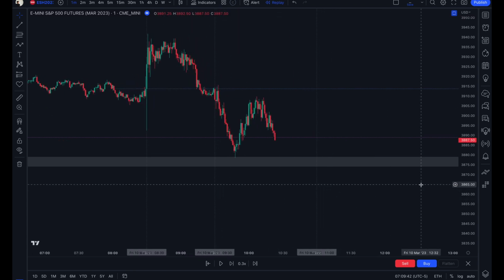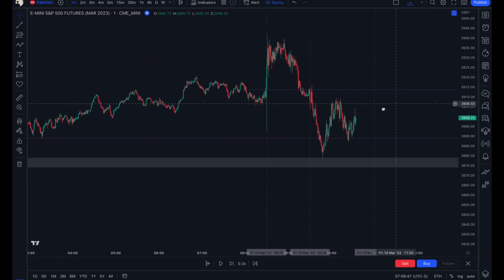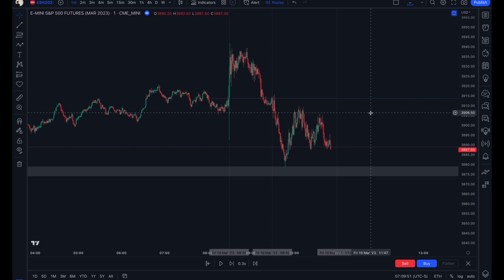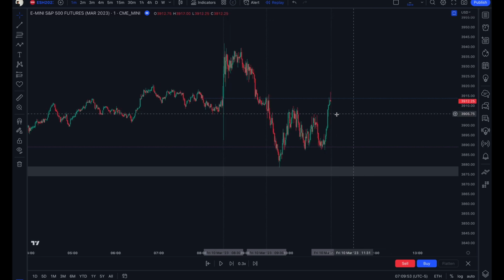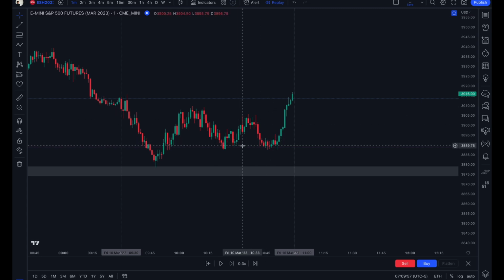So we'll see. The market continues going down. Kind of consolidates at this level. Goes up, takes out the buy side liquidity. And we didn't really see any setup right here. It's a potential bearish breaker setup. But